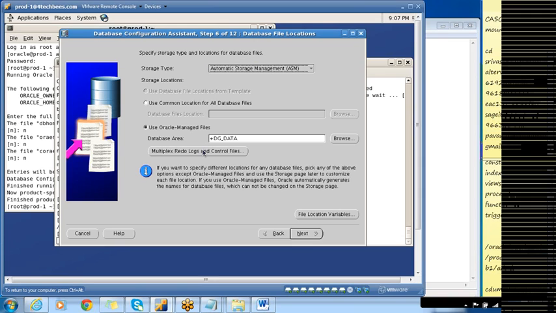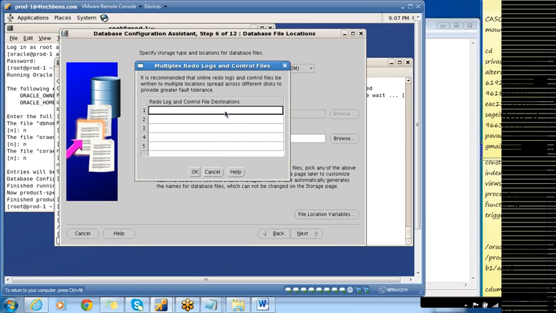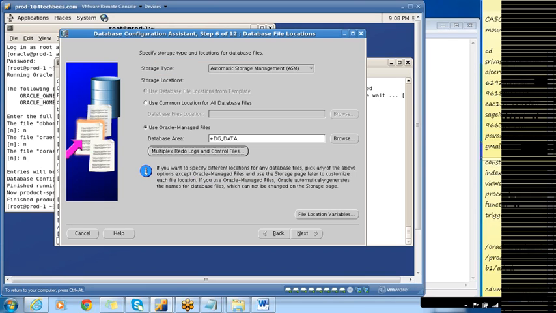And click on multiplex redo log files and control files and specify the disk groups here. So we'll go for DG_DATA and DG_REDO. There's no need to specify plus. So I'll be multiplexing the redo log files and control files among these two disk groups. Next.